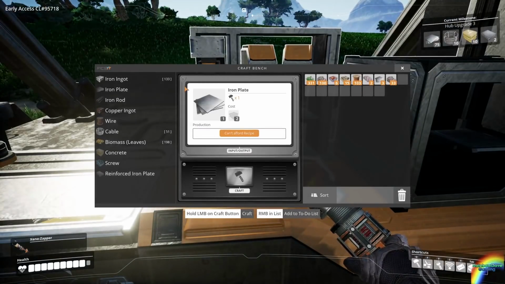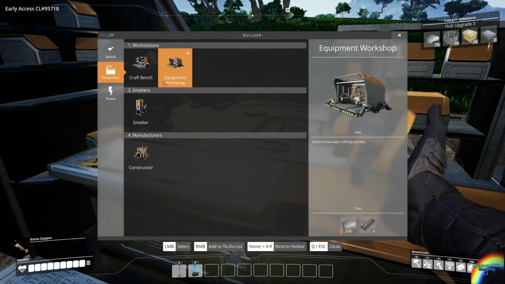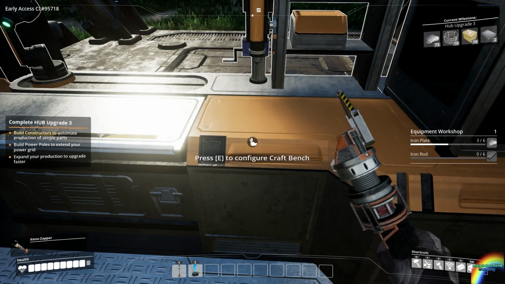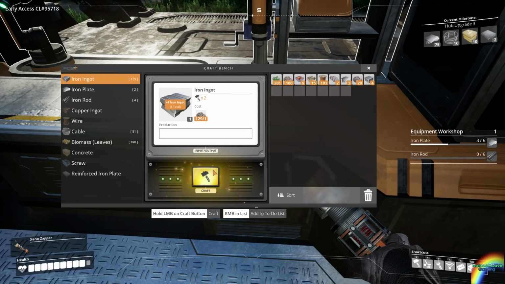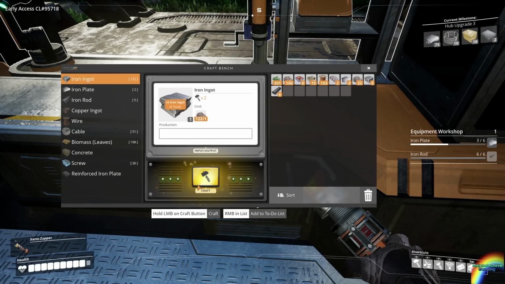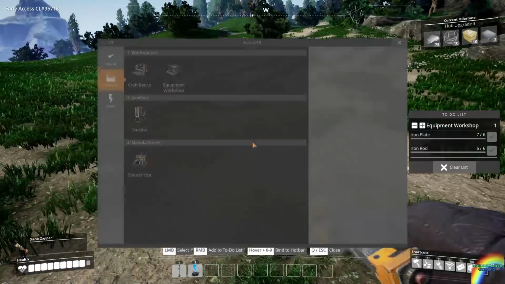But what I'm going to do now is start automating mining, which is going to require an equipment workshop, first of all, which means I need 6 iron plates and 6 iron rods. Actually, I can set that on a to-do. So we've got enough for the 6 iron rods. And now we just need enough for the 6 iron plates, which we now have, because I already had 3 in my inventory. We can pop down an equipment workshop